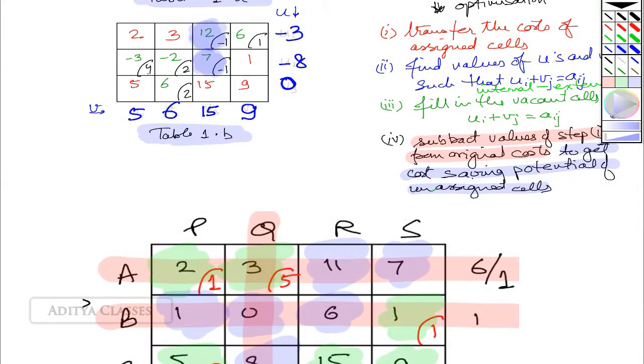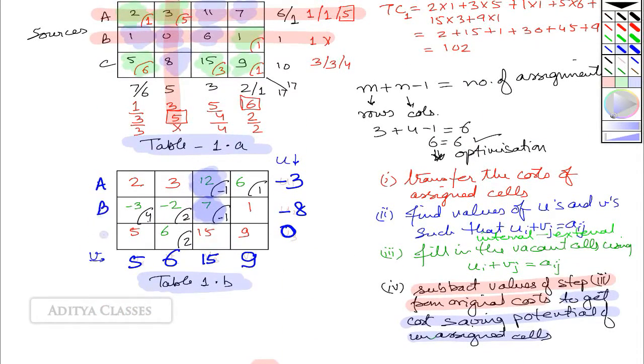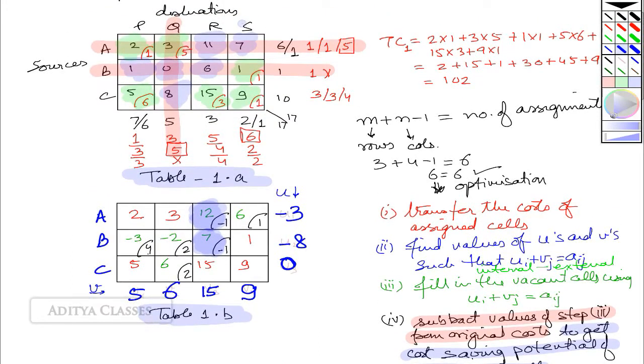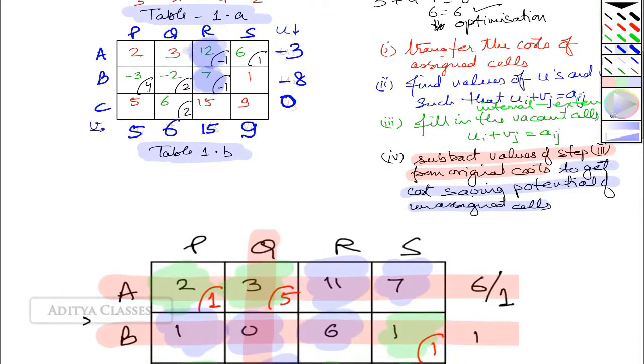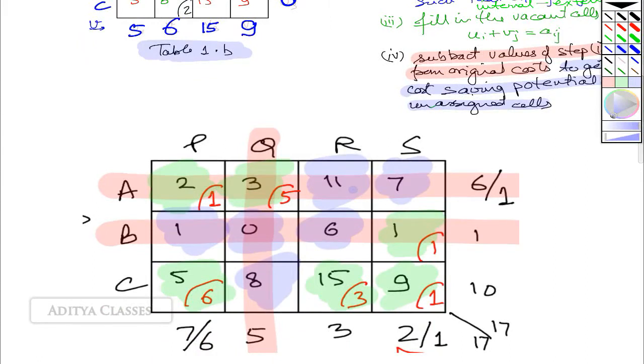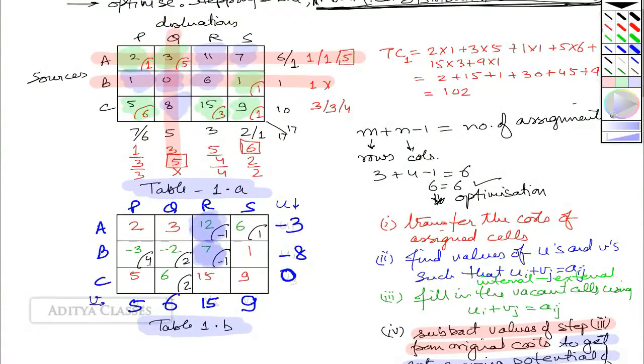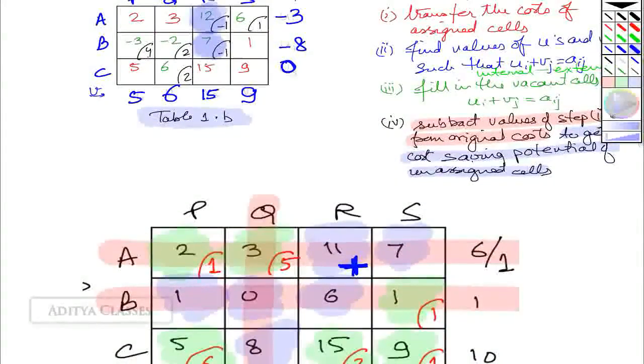Fine. If there is some confusion, let me put in. We had A, B, C, and then these were P, Q, R, S. Now this cell is AR. So this cell is AR. Now one thing is for sure. I definitely want to add something to this cell AR. What do I mean by adding something? Because there is no assignment in this cell, I wish to make some assignment. I wish to add some units over there.